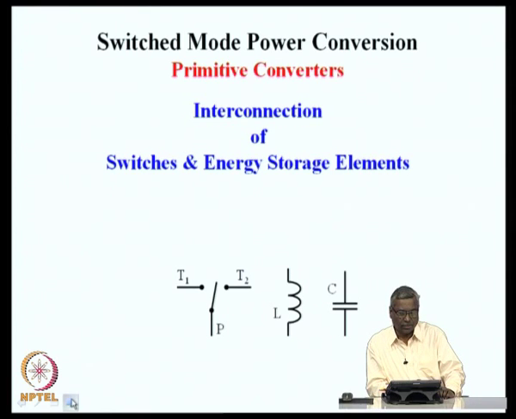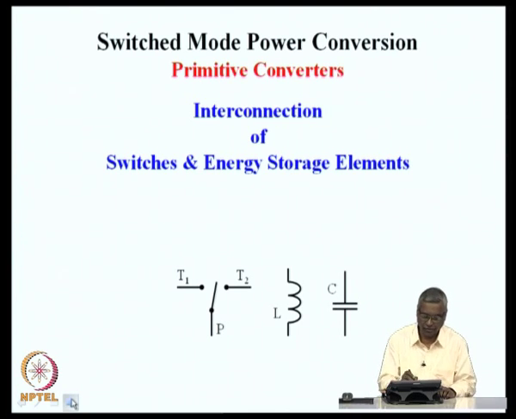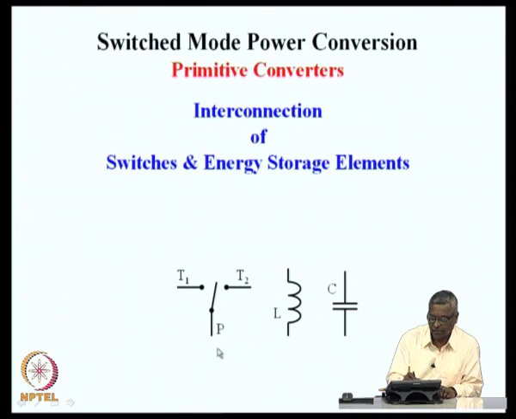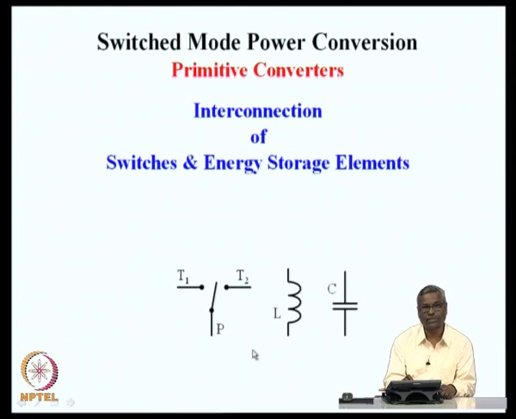The switch that we had looked at was an on-off switch, but for the purpose of interconnecting them in a circuit, we tried to understand a particular form of switch, which is a single pole double throw switch, and then an energy storage element inductor and an energy storage element capacitor. This particular configuration of a switch is called a single pole and a double throw switch. There are two throws in this switch, T1 and T2, and there is a single pole in the switch